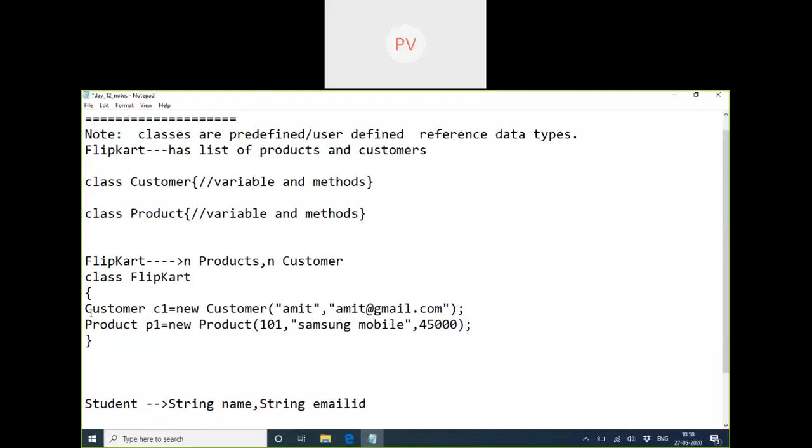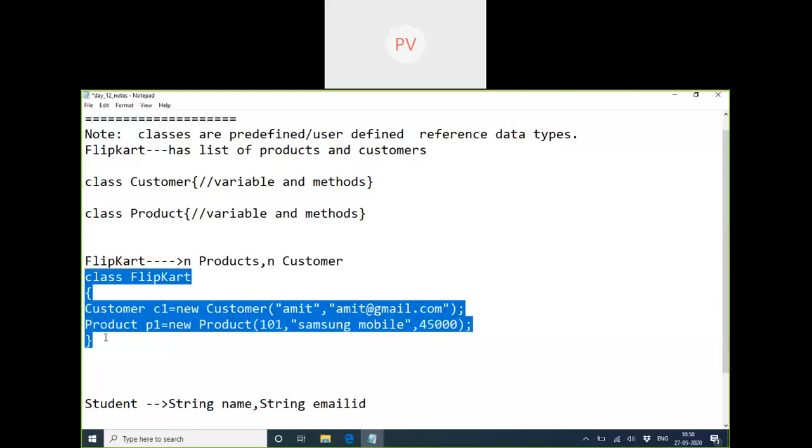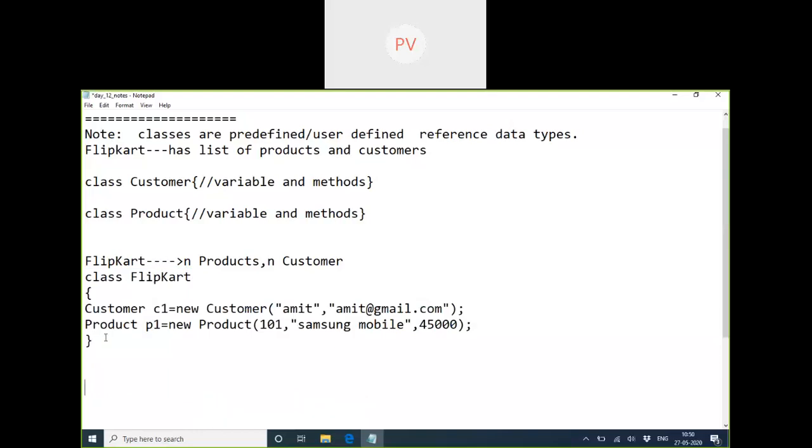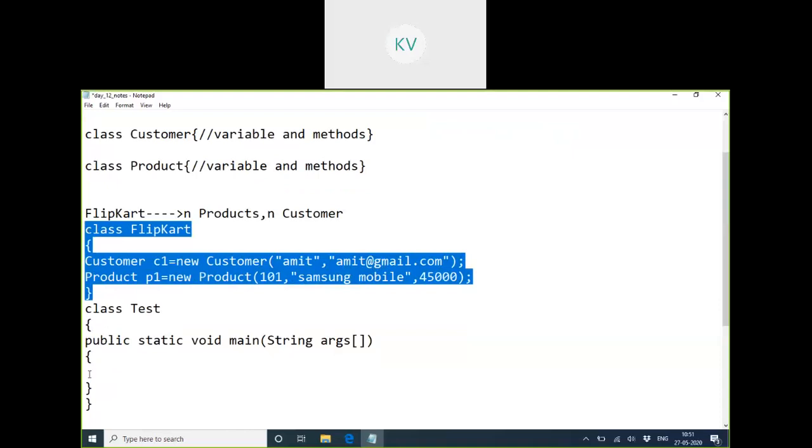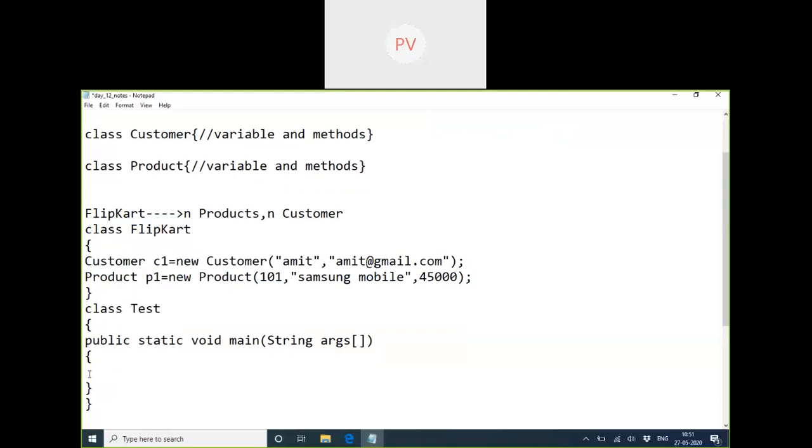Something like this. So if this is the code, just think of it as a program somebody has designed, non-graphical. Now I want to access that just for testing purposes. How would we access them? Class one. We have to create a new object here. Object of what? Flipkart class. So we need to first create an object of Flipkart.